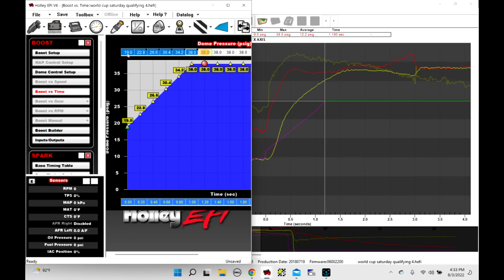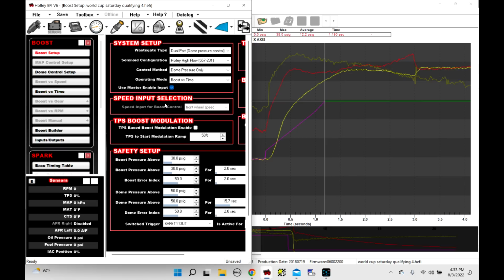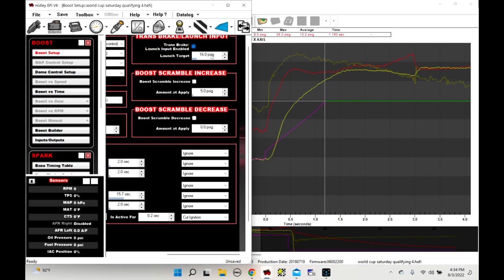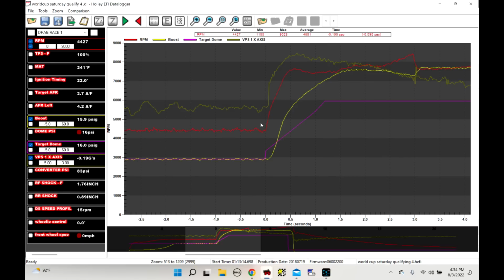Some people will say, well, why don't we leave on more boost, right? Right there, change this to, this is the dome pressure that's being applied while we're on the trans brake. Why can't we leave on more boost with this combination? Well, because it's 16 pounds of boost and 4,300 RPM. We'd have to bump up a little bit more RPM, and we were in qualifying, 4,500 RPM. We were in qualifying. I was not comfortable with giving this thing much more boost on the starting line, because